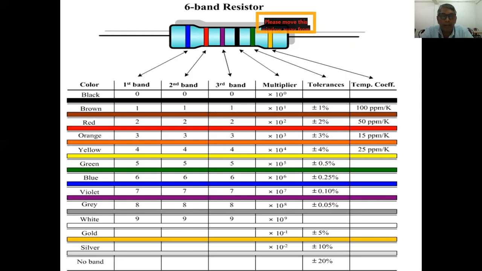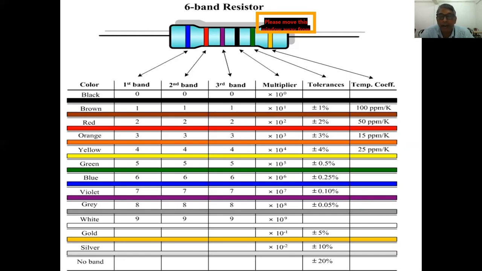This is a big table I'm showing you here. Each color can be identified by a formula called B.B. Roy of Great Britain had a very good wife. Please remember the first letter of each word: B.B. Roy, B.B.R.O.Y. Roy of Great, G, Green, Britain, B, had a very good wife, B.G.W. When you come here, you can see in the table it is about black, brown, red, orange, yellow, green, blue,